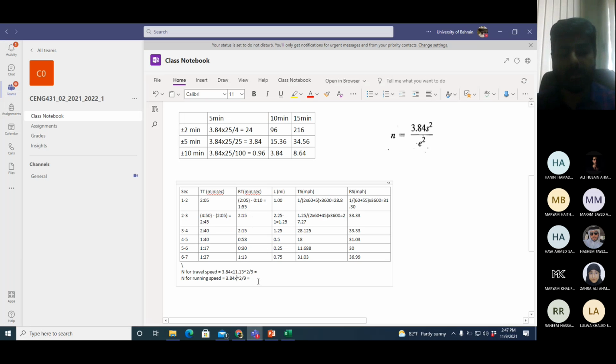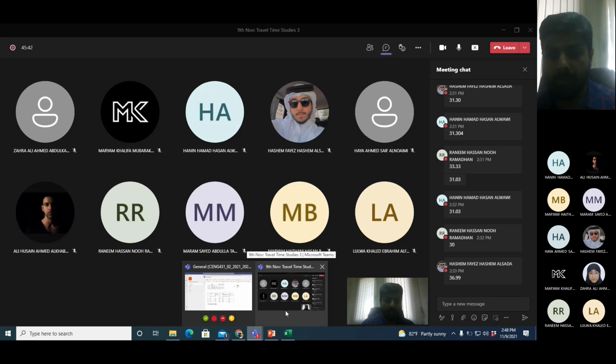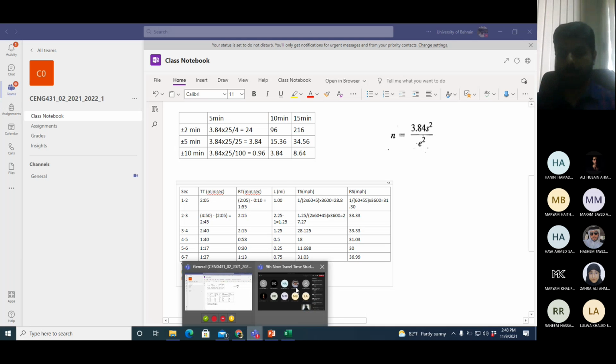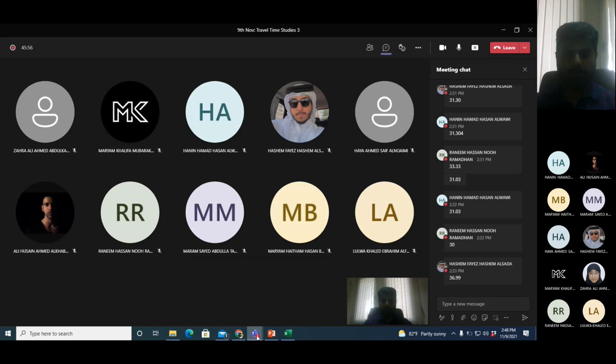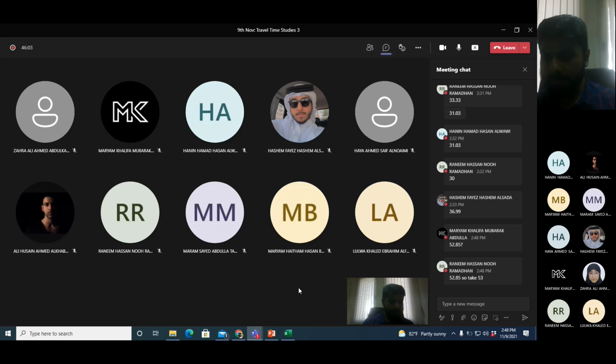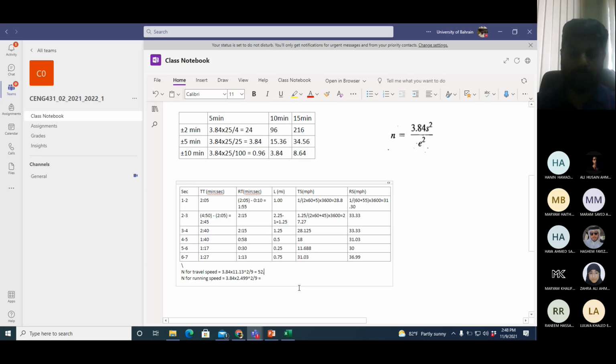Running speed, the standard deviation will change. Give me these values. 52.85. Okay. What about the second one? Yes, you take 53.